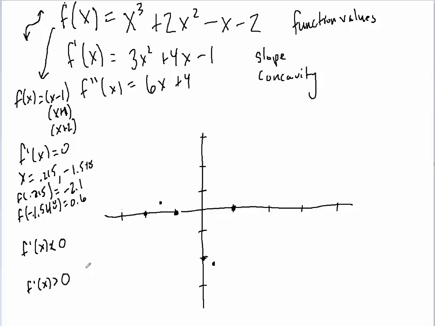So looking at critical values of -1.5 and 0.2, using the sign test. So let's take a